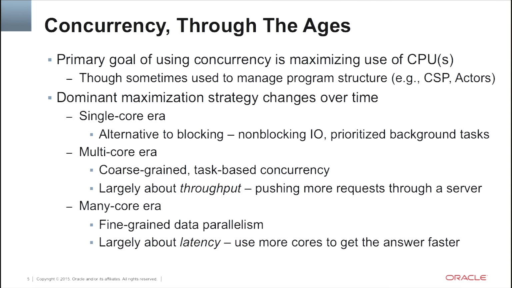To a lesser extent, people have used concurrency for structuring their programs. There are some really nice methodologies for using concurrency for structuring programs, like CSP or actors, which, for better or worse, haven't really caught on in the mainstream programming world. So for the most part, we use concurrency to maximize performance, although the maximization strategy has changed over time as